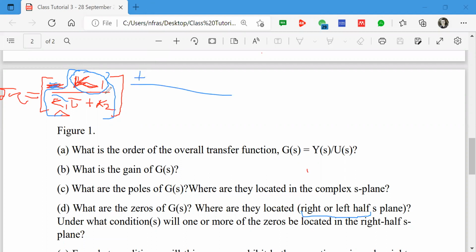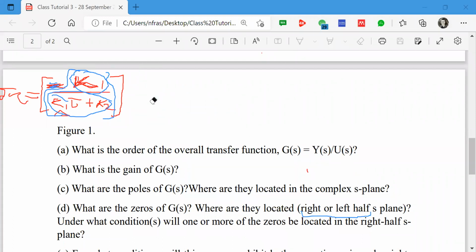And the second condition that goes with that one is that your K1 tau plus K2 is greater than 0. That is a positive answer, so positive divided by positive gives you a positive answer. With that, you would get your zero in the right half plane. But you can also look it up and try to do other slide